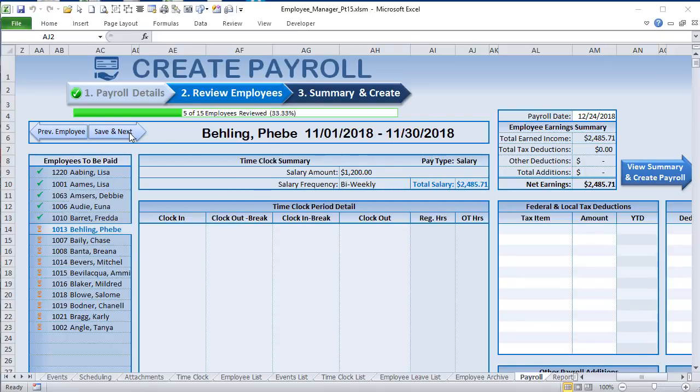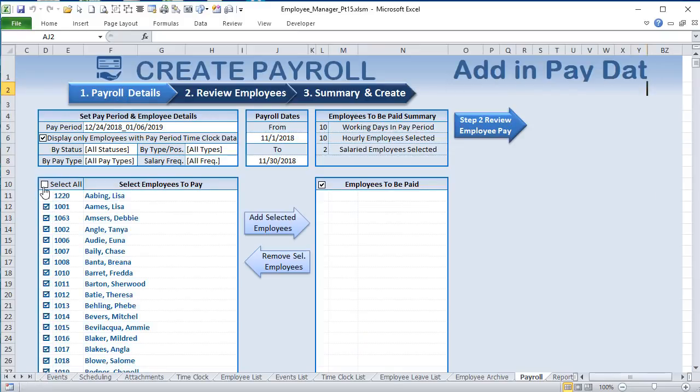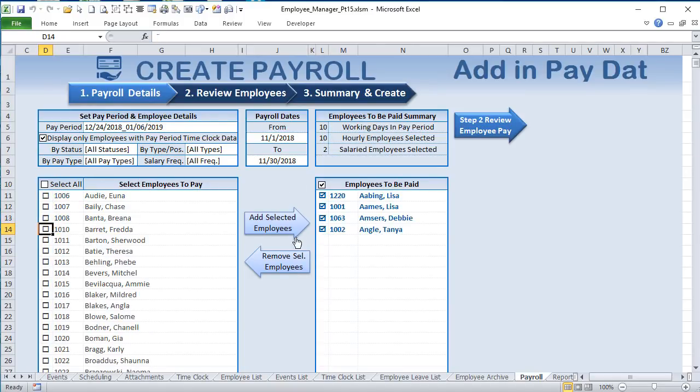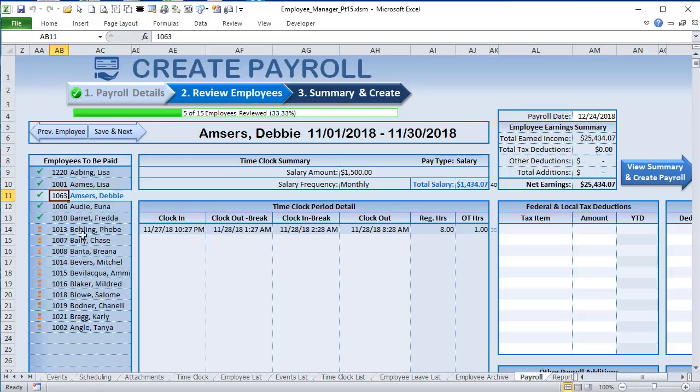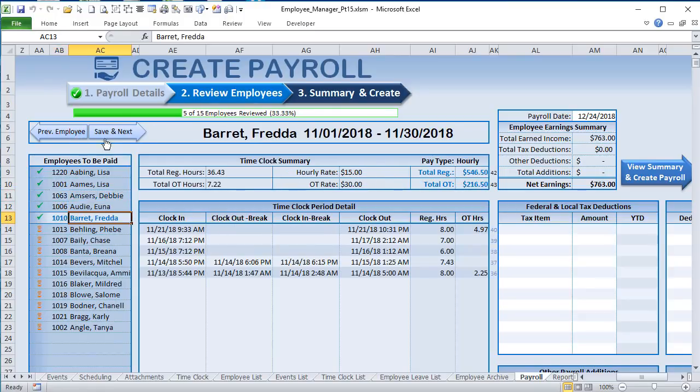Manager. We're going to focus on payroll, and that includes payroll details, the ability to select specific employees to add to a payroll, and whether we're going to filter by status, type, position, or salary, and add those employees to the payroll. And then, of course, we're going to be able to review those employees, looking at each employee's schedule as far as the deductions, additions, and of course, adding and saving to those employees and moving on to the